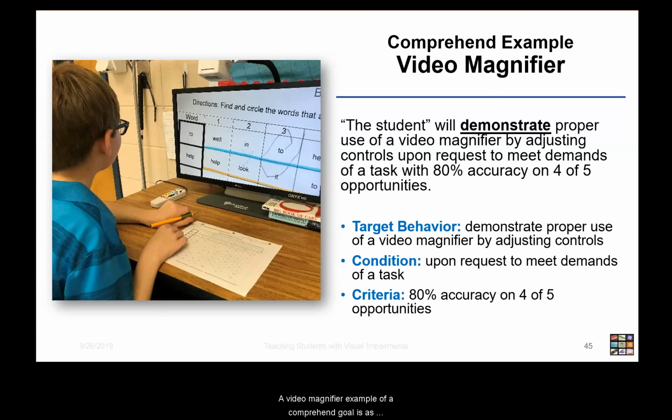A video magnifier example of a comprehend goal is as follows. The student will demonstrate proper use of a video magnifier by adjusting controls upon request to meet demands of a task with 80% accuracy on 4 of 5 opportunities. In this goal, the target behavior is demonstrate proper use of a video magnifier by adjusting the controls. The condition is upon request to meet demands of a task, and the criteria is 80% accuracy on 4 of